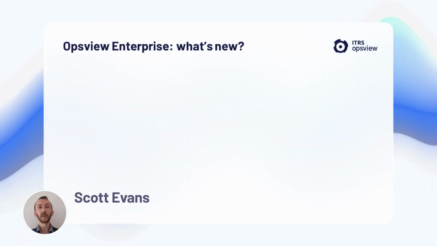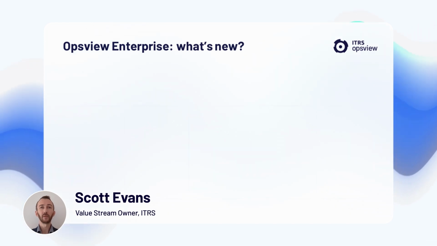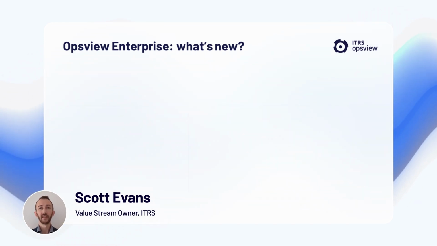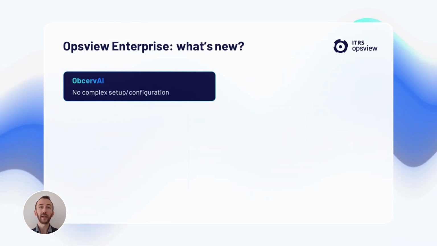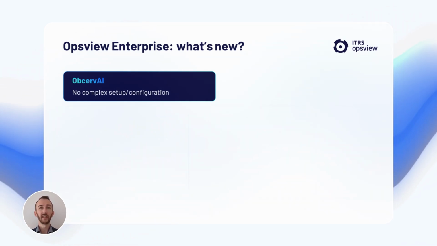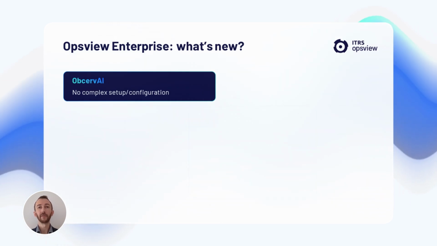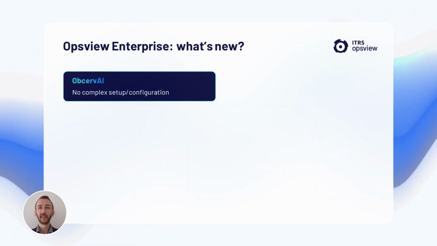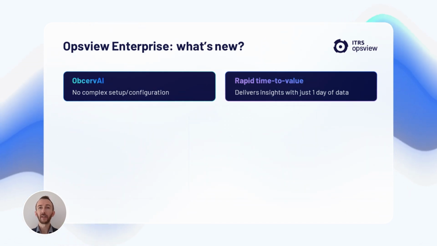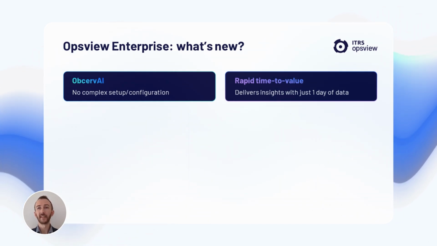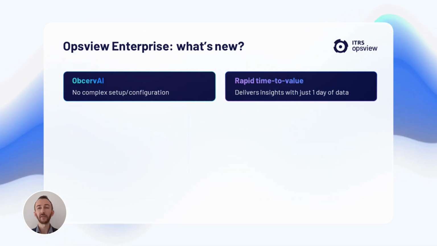And so now I'm going to spend some time looking through the capabilities that we can now provide with Opsview Enterprise. One of those key ones being Obcerv AI, which is a number of new capabilities that we couldn't previously offer, and the real focus on this was on making sure we had no complex setup or configuration being required. We're also focused on rapid time to value, so making sure we can deliver those insights with just 1 day of data. You're not waiting for weeks or months of training data before you can see any value from these